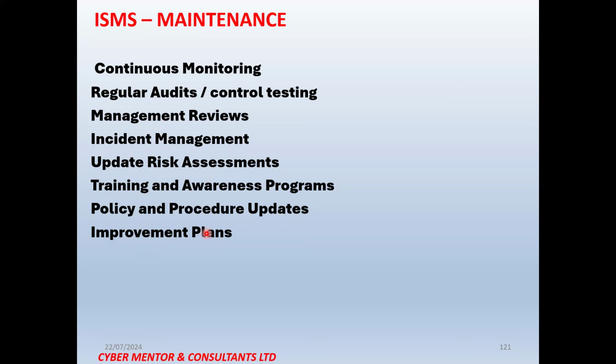So how can you improve based on your audit? What were your findings? What were the areas of non-conformity or deviations? So how can you improve? You come up with that improvement plan of what you need to do differently to make things better. Or maybe if the ISMS is delaying your process, making the process longer, more complicated, how can you come up with process improvement? And then